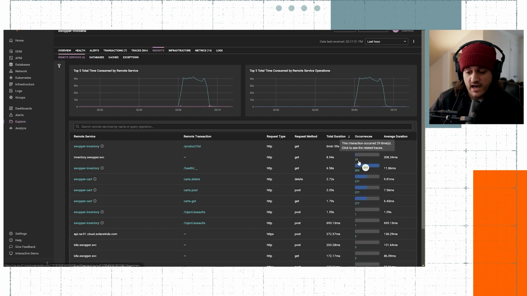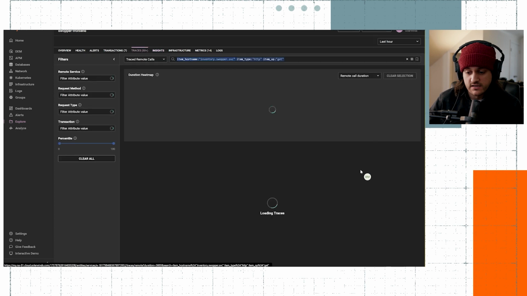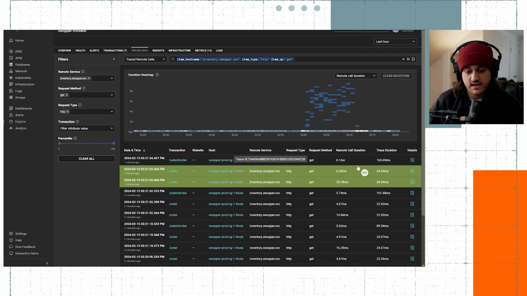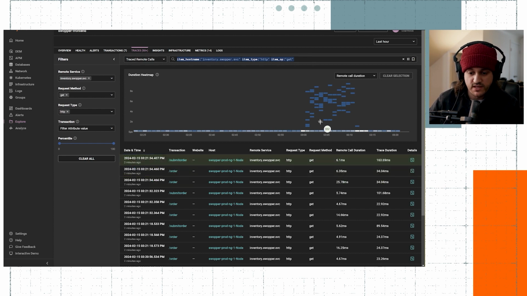I could click on this 29 right here, and that's going to drop me into a trace request view where I can see a heat map, a distributed heat map that shows me all of the requests that were made to those remote endpoints. You can see it applied some filters right here in the search bar so that I'm only seeing those requests with activity to those remote endpoints. And so here I could start to drill down into those specific requests and start to see how it was affecting our application from the application layer. Awesome. That's all great stuff.